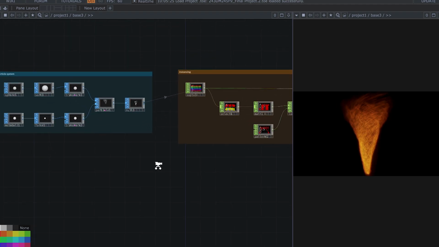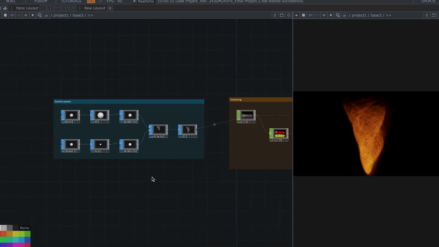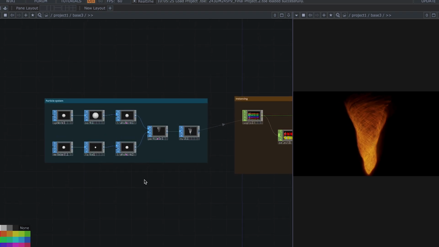So, let me explain the particle generation and clustering. I start with a particle system that generates a multitude of particles representing fireflies.